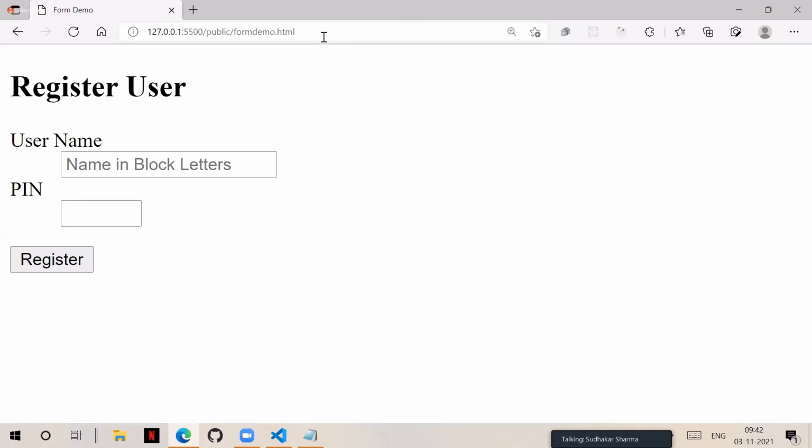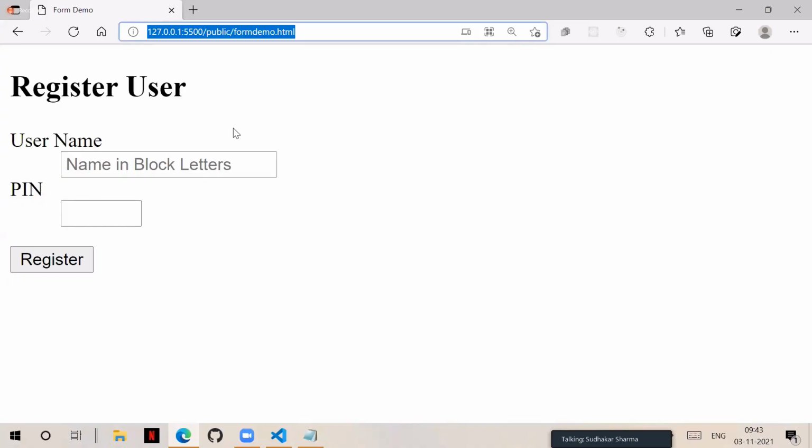In order to use the form, you have to click inside an element in the form, inside username or inside pin, in order to start typing. But sometimes we forget to click inside it, and the cursor is somewhere in the address bar, and we start typing,